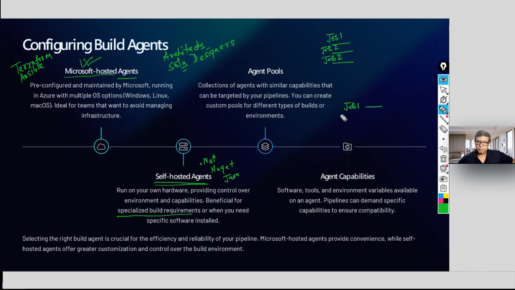Unless and until job 1 completes, job 2 will not start. Then job 3. So if you do not want sequential jobs, you want parallel jobs, you need to have multiple agents at the same time. One agent will not do. So you can build up an agent pool.